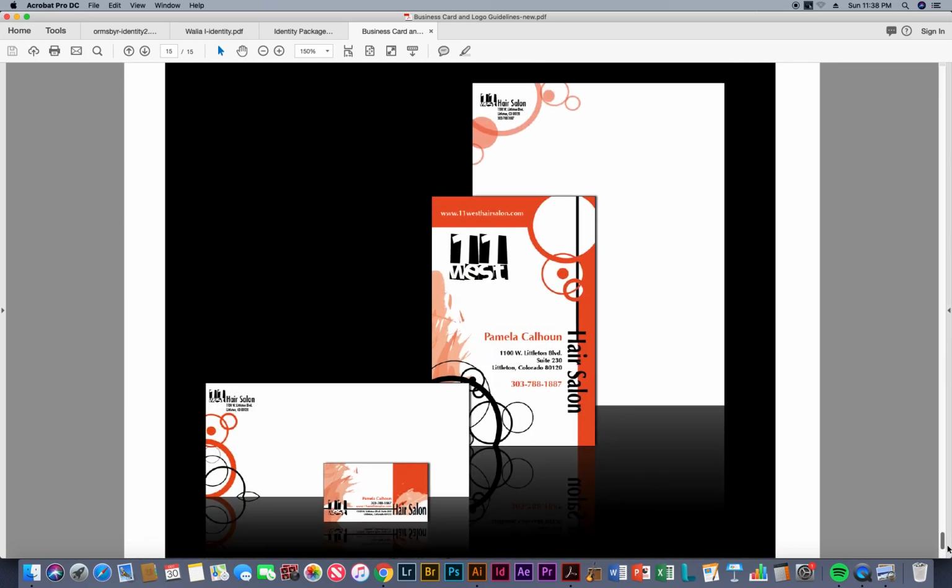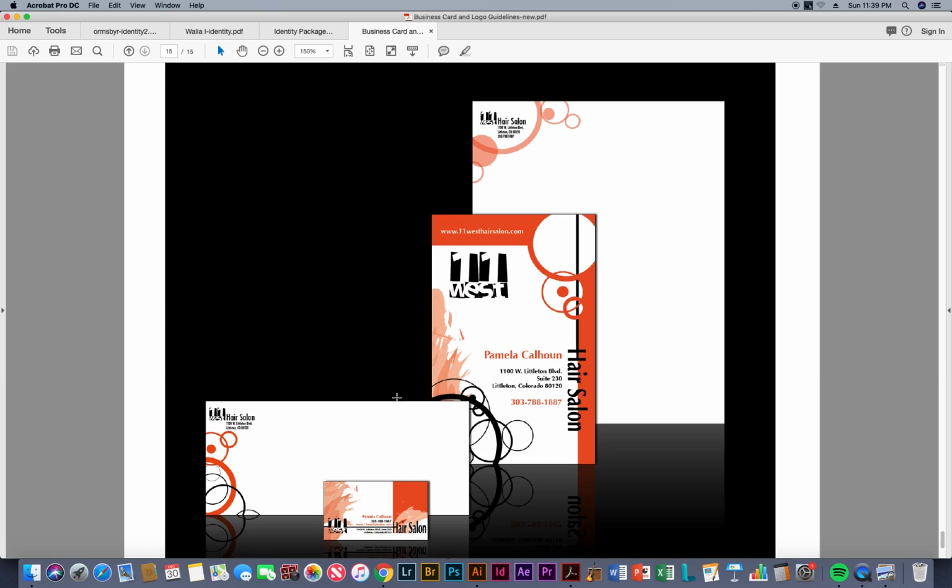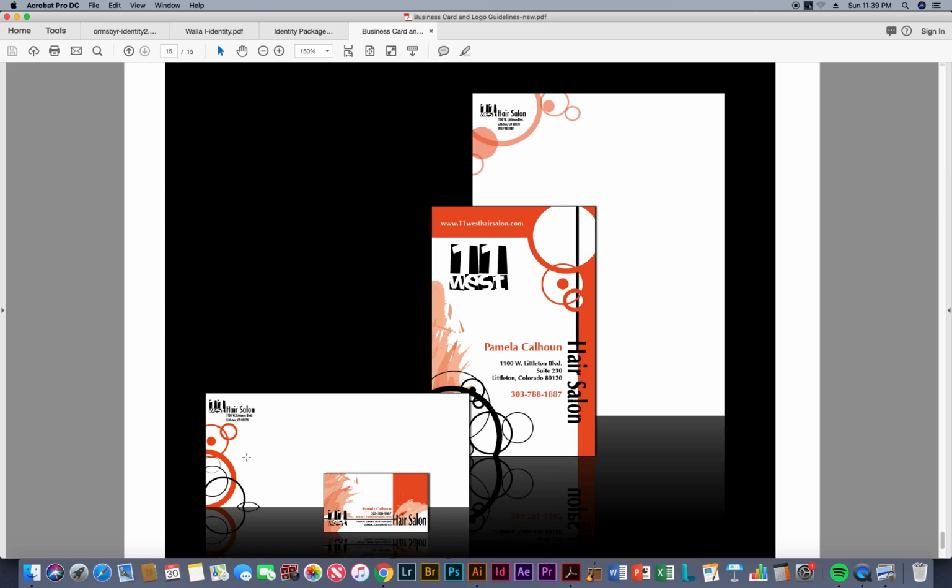Okay, here's another identity package for a hair salon. What's the logo? 11 West. And what elements do you see repeating that connect one item to the next, that weave them all together and create brand consistency? We've got the circles, right? Circles, color scheme,